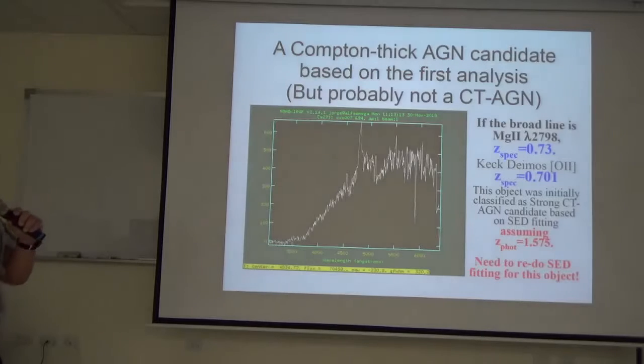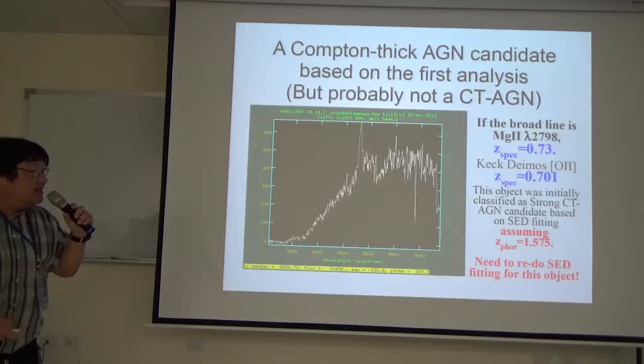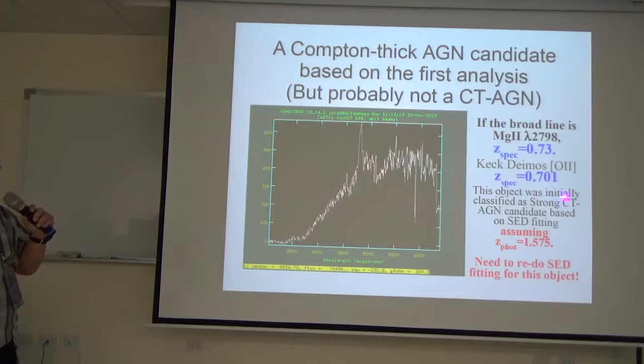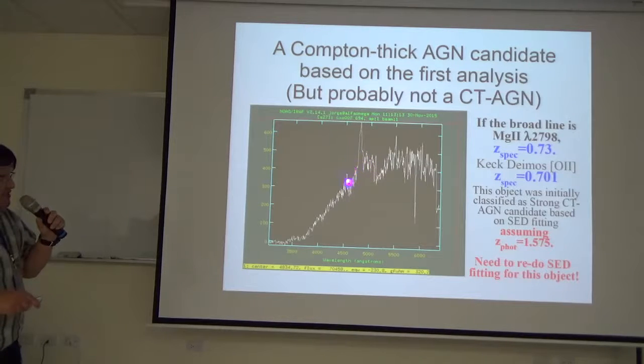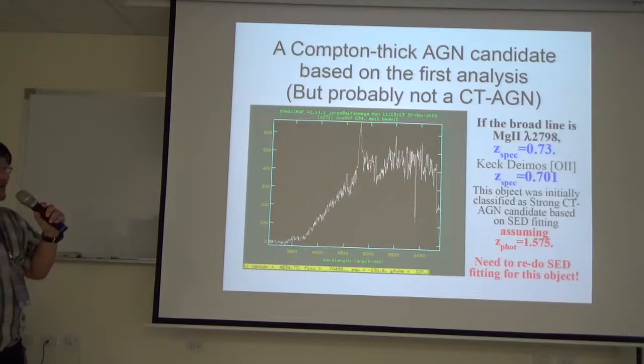And why it's really important is that this is the spectrum of one of our composite AGN candidates. And what we get is this. Right here, it's a broad line. If it's magnesium II, then the spectroscopic redshift is 0.73, and the Keck DEIMOS data by Mac and Helen Kim give a spectroscopic redshift of 0.708. And I think if there is some bar-type feature here, then they will be consistent. But in any case, the composite candidate